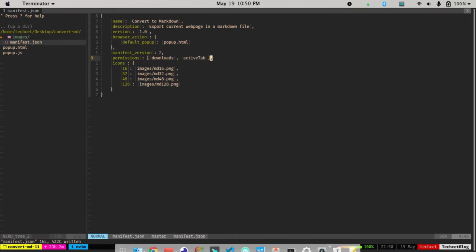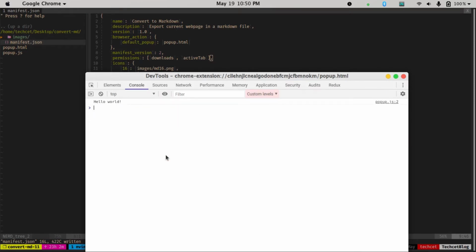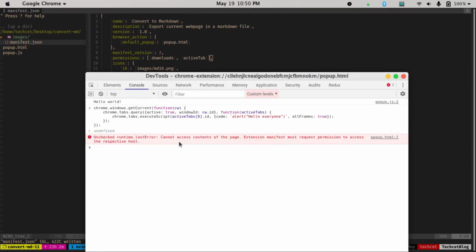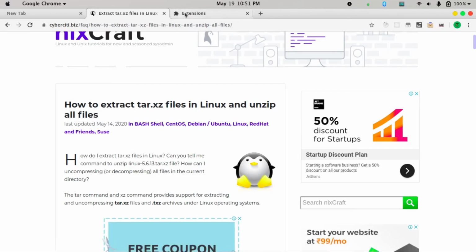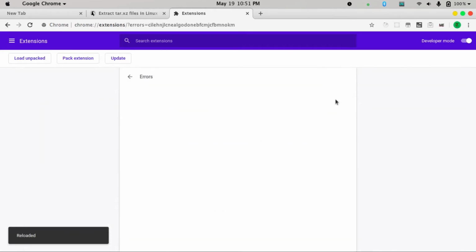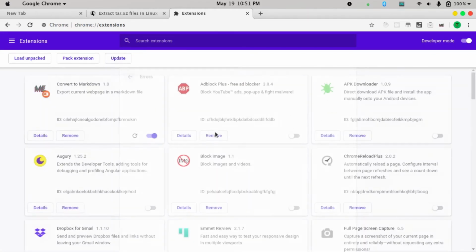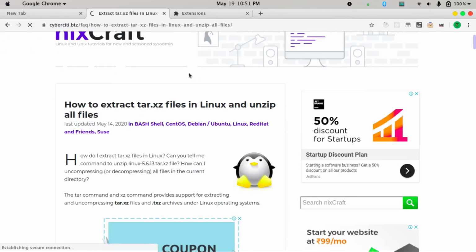Okay, now I need to go to the browser, and if I reload, okay, now run the previous command. Okay, the extension manifest must request permission to access the page. Okay, I just need to close it, and then extensions reload. I need to clear this, reload, go back, and if I refresh this